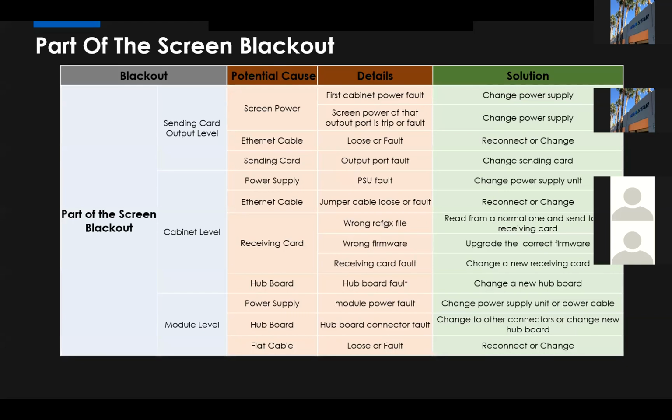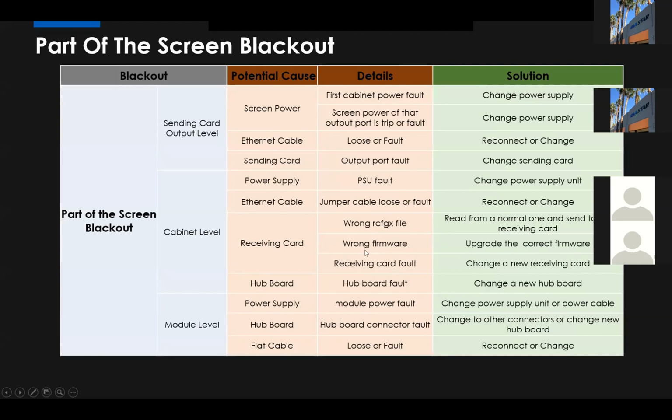We can read the parameters back from a normal one, and then send those parameters to the faulty one. And for the second part, the wrong firmware, upgrade the correct firmware.